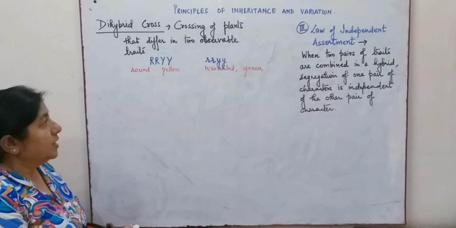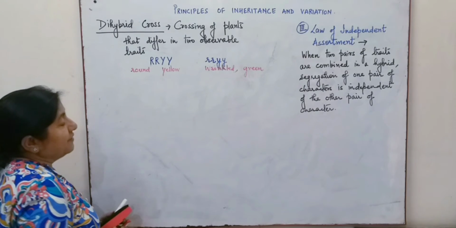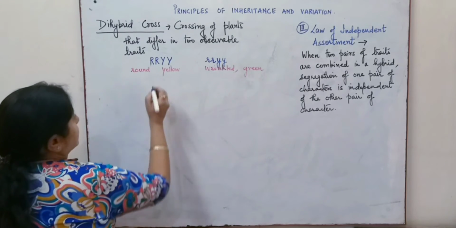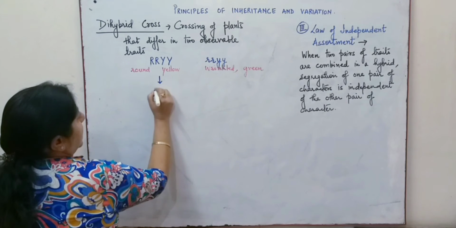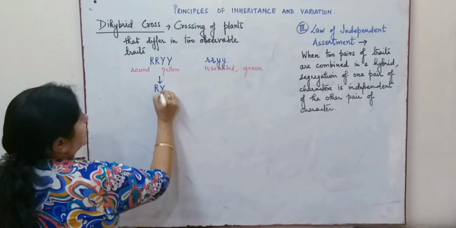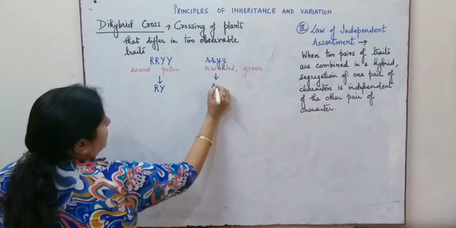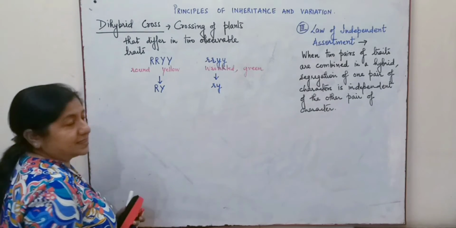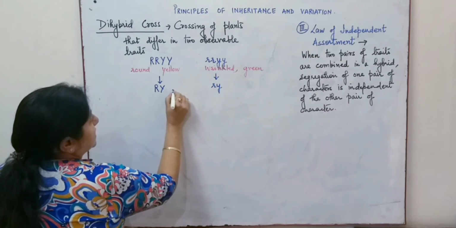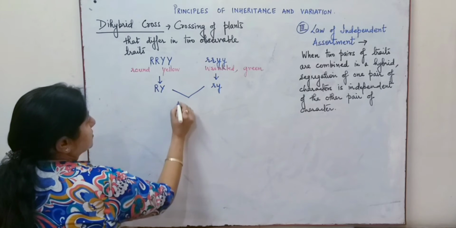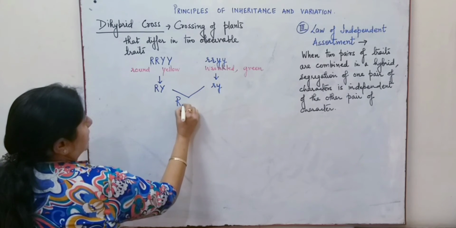Now here, when they produce the gametes, the gametes produced will be this, and when these plants are crossed, all the plants